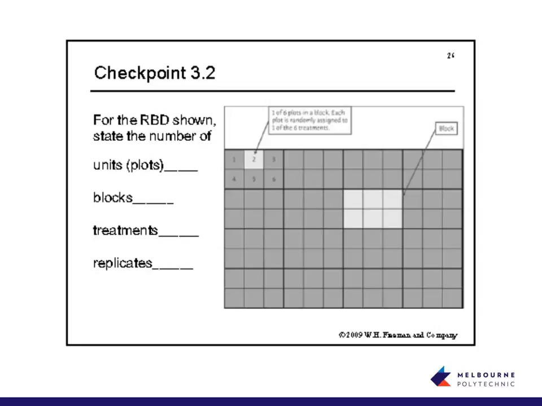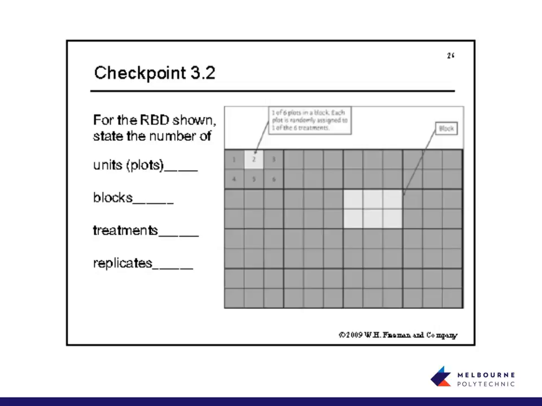Now, so here the number of plots, or the number of experimental units, is the number of small boxes across this entire experimental area, which is 6 by 4 by 4, which would be 96. The number of blocks is 16. The number of treatments is 6, and we've got 1 treatment would go into each block, so we'd have 16